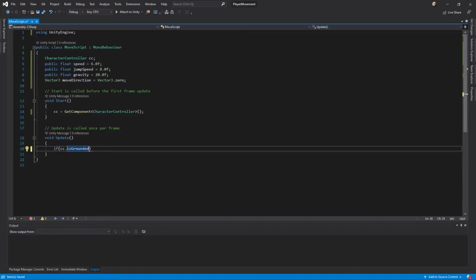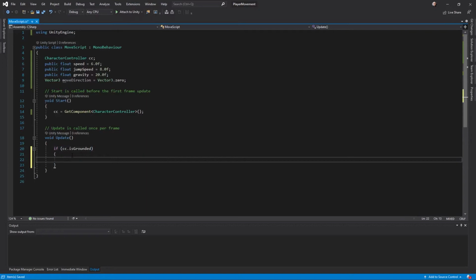And if we want to say, is it not grounded? There's a not equal to. Of course, we could just say equals false. We could have a not at the beginning, and that would mean not is grounded, so this is checking is it false. This is checking is it true. We just want to know if it's true. Are we grounded? Open brace. When you create an open brace, it creates a closed brace. Everything needs to open and close. You can't overlap opens and closes either. So if we're grounded,